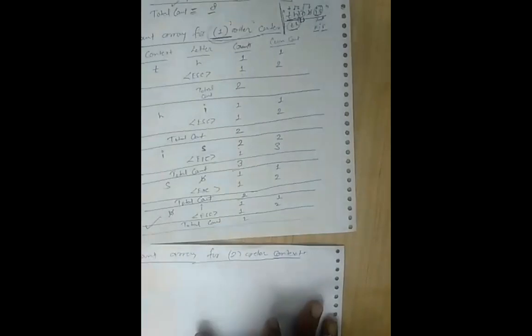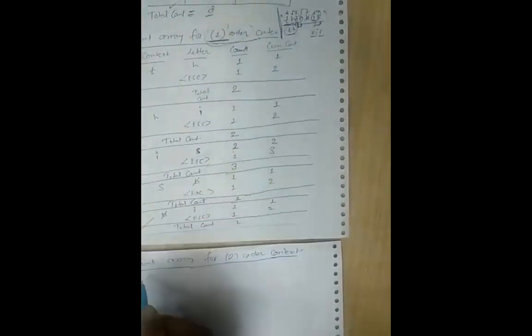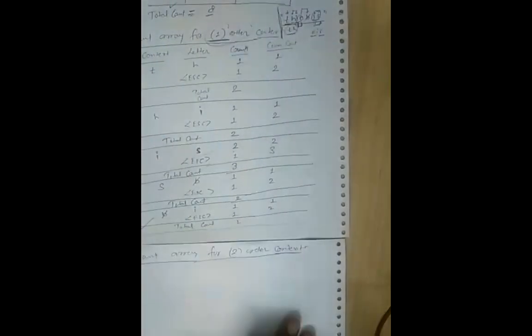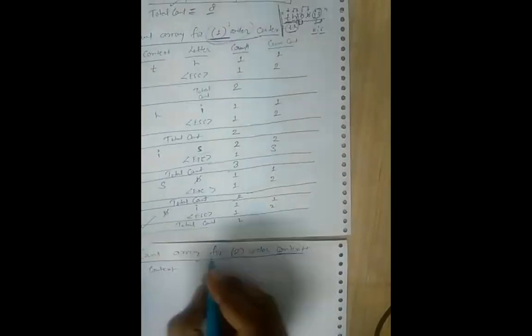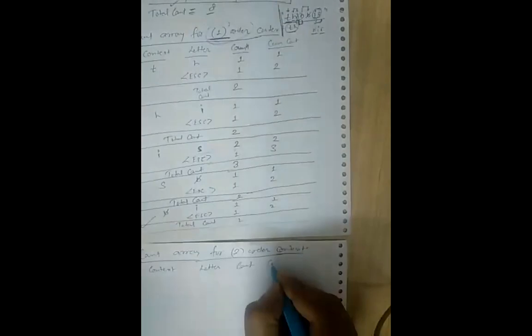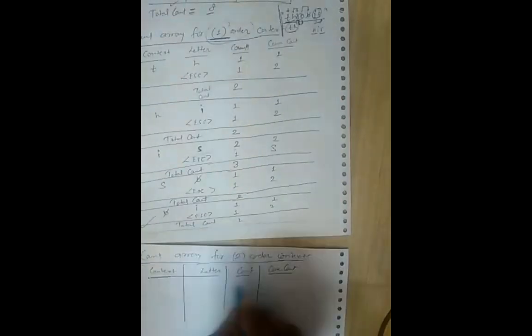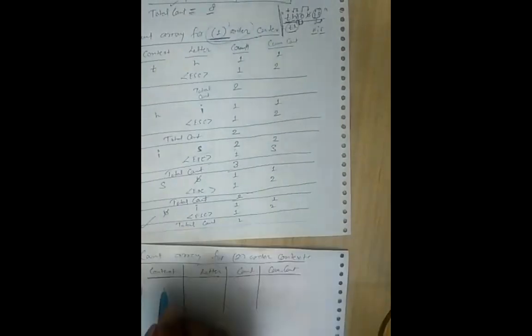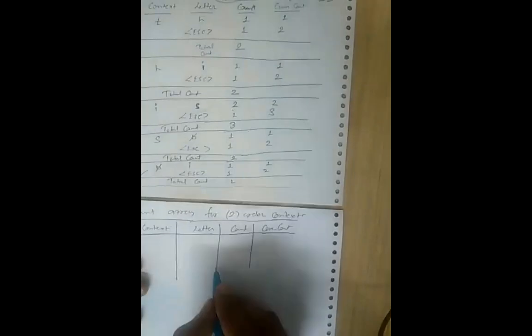So again, I can make a new table over here. We can make the context, then letter, then count, cumulative count. Okay, so again we can take the same string with the order of 2. I can take that string on that side over here. That is my THIS